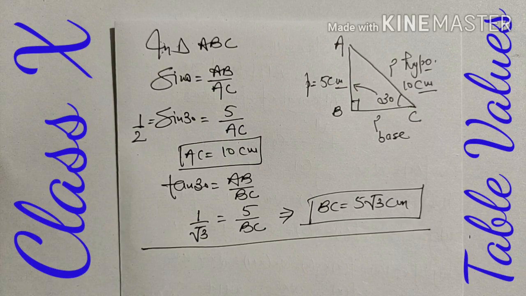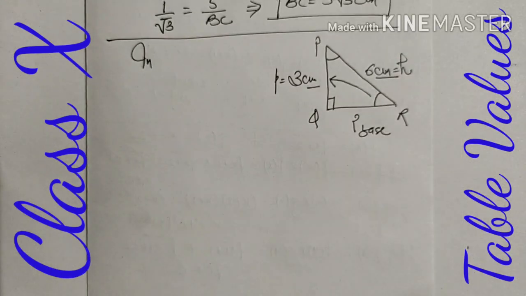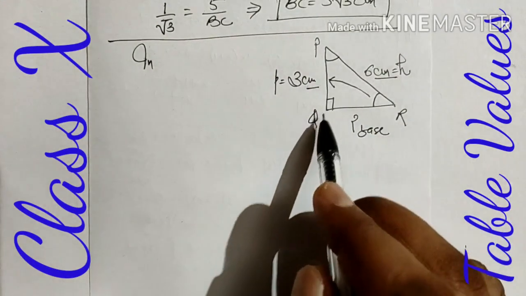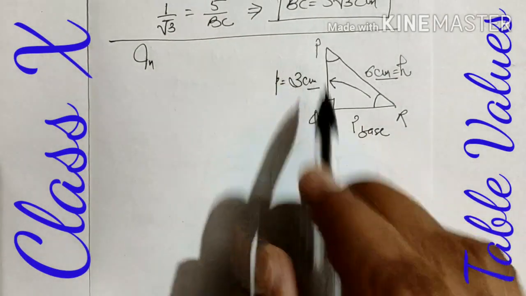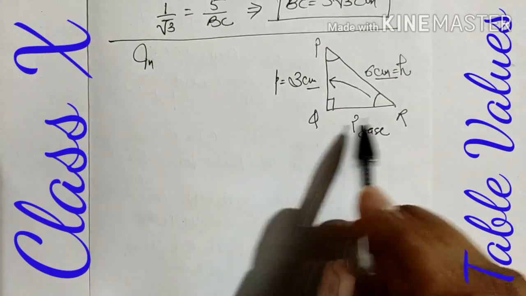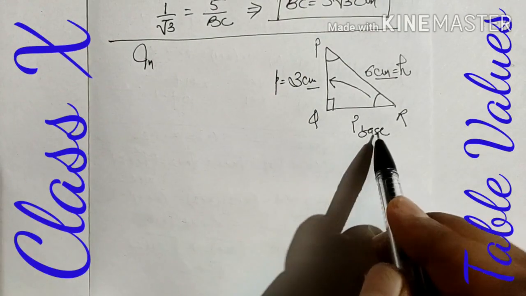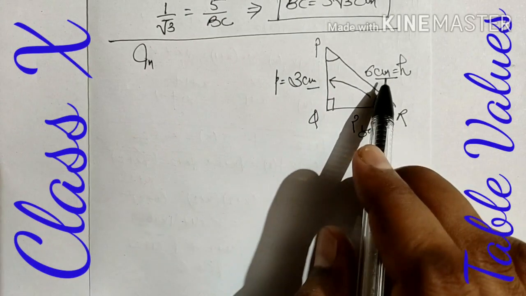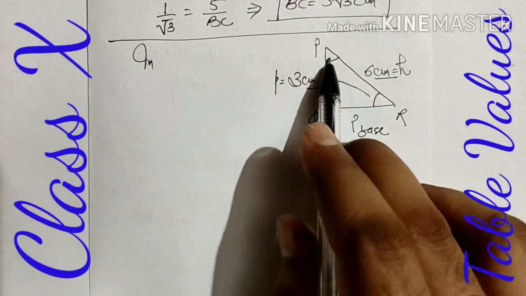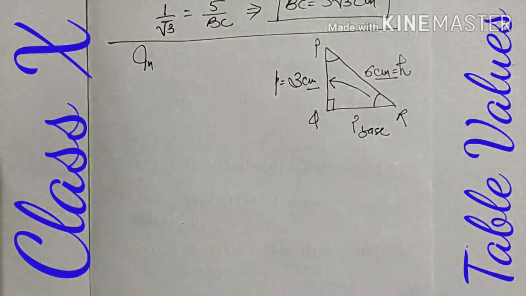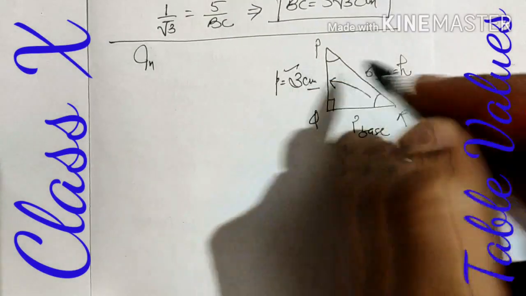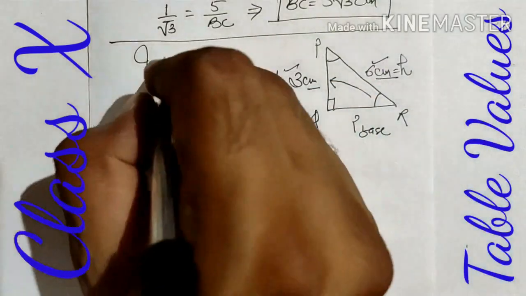Continuing on to the next example. Another example we are looking at here. There is a triangle PQR in which angle Q is a right angle. PQ length is given as 3 cm. QR, the base, is unknown, and the hypotenuse PR is given as 6 cm. Two sides are given. We have to find out these two angles. Now, of the three components, two sides and one angle, only sides are given, the angle is missing. So we have to use these two sides together in triangle PQR.